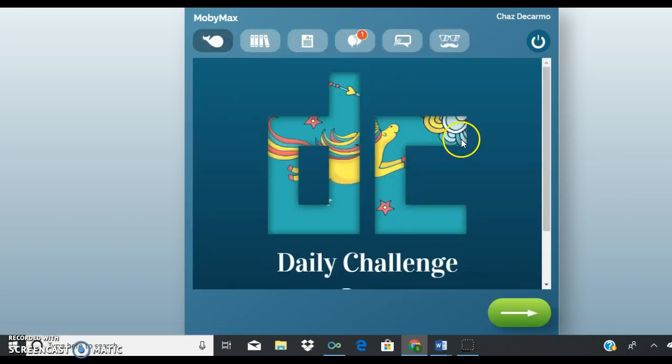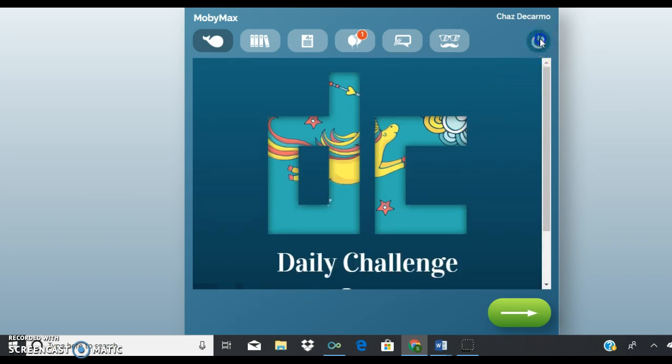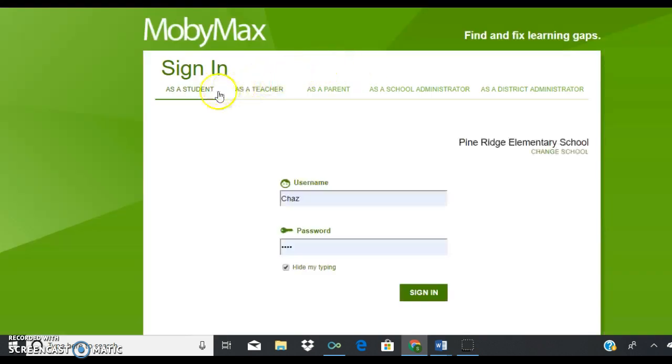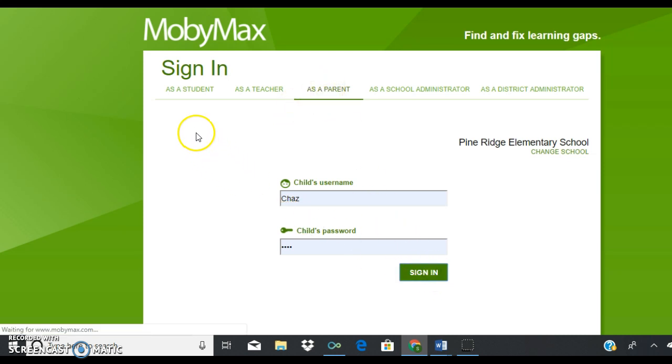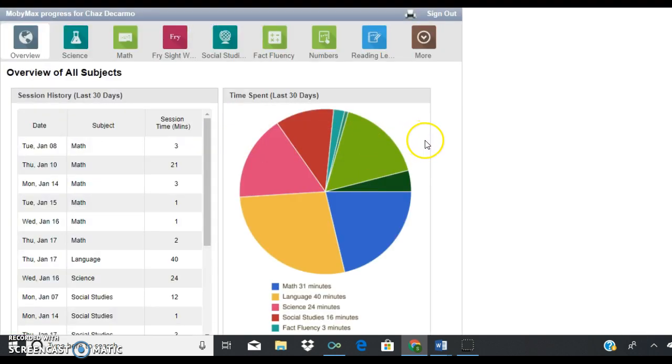So we can sign out as a student and we can sign in as a parent. Signing in as a parent is the same username as the student's username and password. It's the same thing. So here you can have an overview of all the subjects,